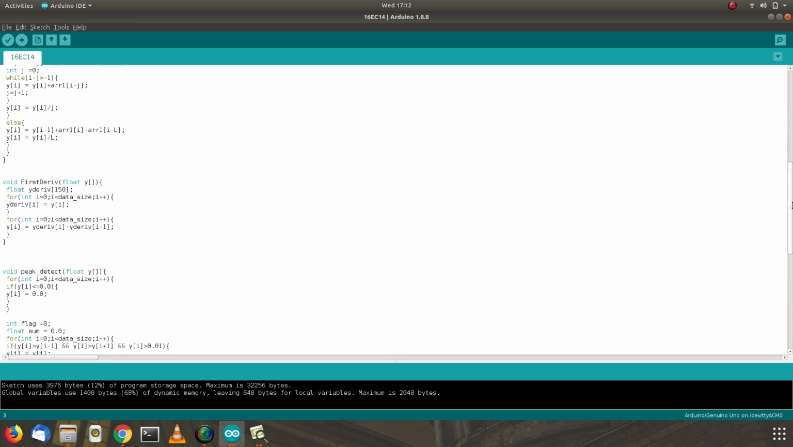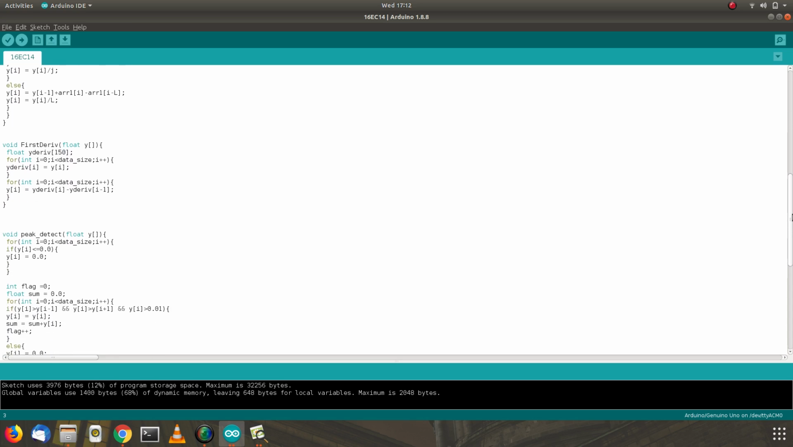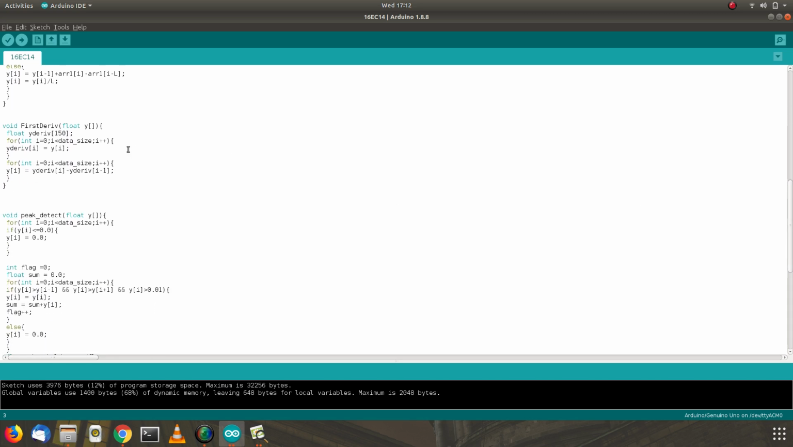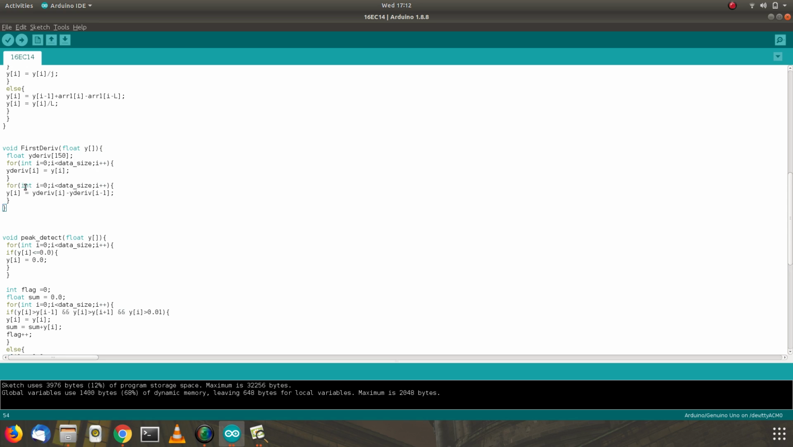Now we would be taking the first order derivative of that function. Basically, the first order derivative for the digital domain can be defined as the difference of elements, which can be given by yi equal to the ith element minus the (i minus 1)th element. So now moving forward, say